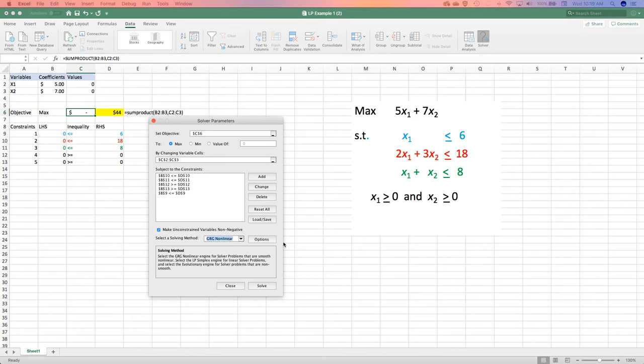For the solving method, we're going to pull that down and we're going to pick the one that says simplex LP. Okay. So that makes them straight lines and makes them easier for us to understand. Okay. There are other methods, but because we all have linear equations, we're going to use this one. Okay. Now, when you click solve,